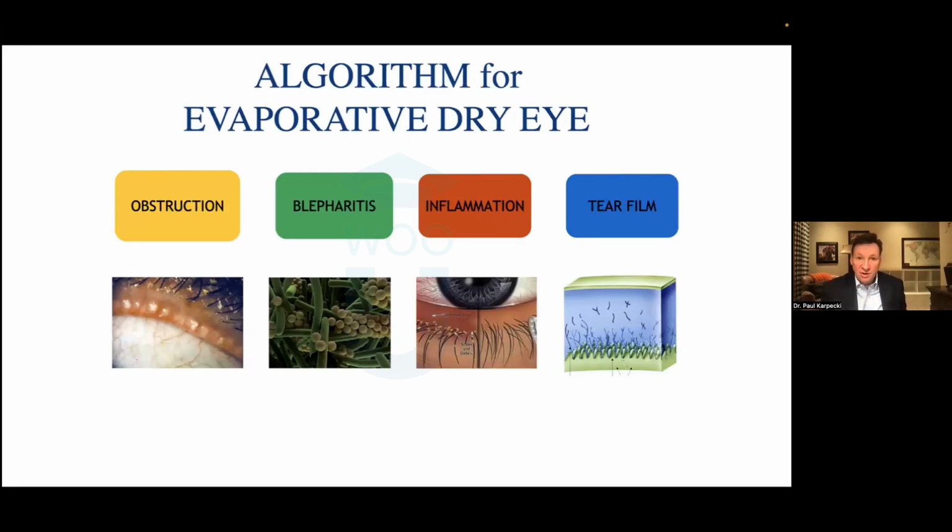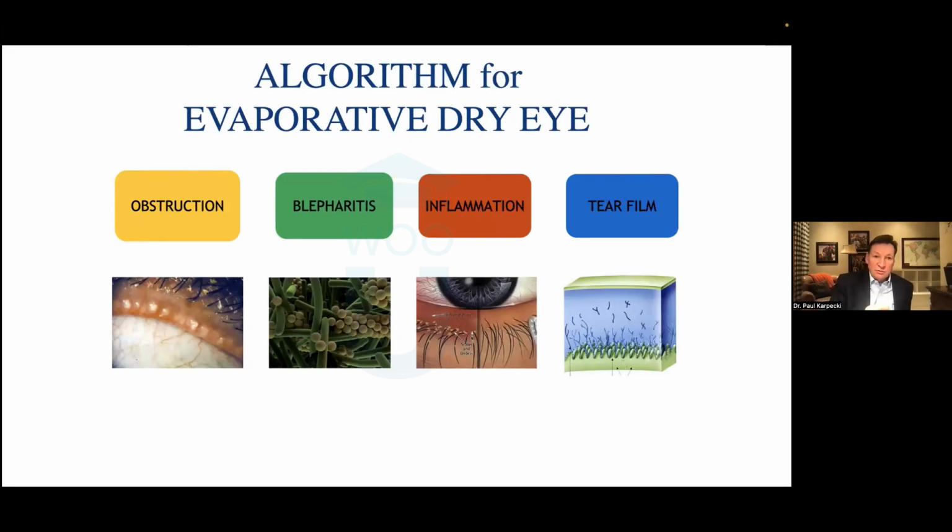Inflammation, that's a natural response to the blepharitis or to the obstructed glands. And then you have an abnormal tear film. So you're saying, well, yeah, that all makes sense. Well, that's the key, is you got to treat these things. The obstruction you would have. So in other words, if I just went in and said, I'm going to give you cyclosporin, that means I'm treating column 3. That patient's not going to get much better. Not because cyclosporin doesn't work. In fact, there's newer ones now that are excellent. But because I'm only treating one element, I'm leaving the causes of the inflammation, the obstructed glands, the Demodex blepharitis. Or if I just treat the tear film, artificial tears, I'm missing 3 more important things.